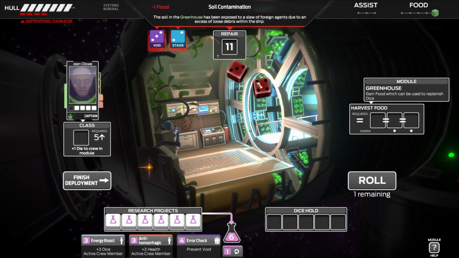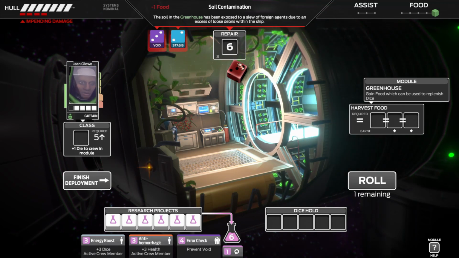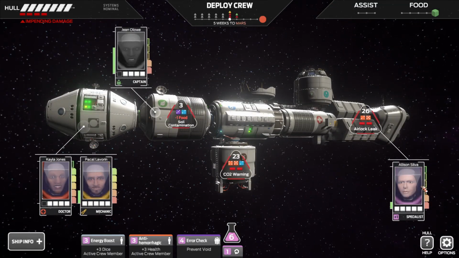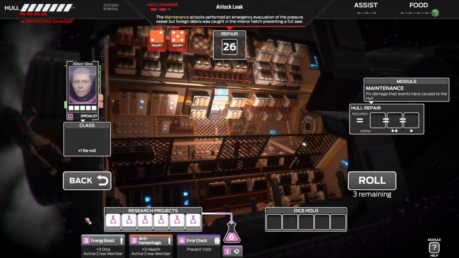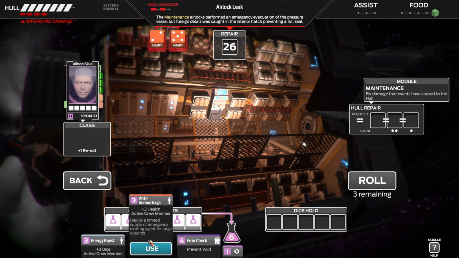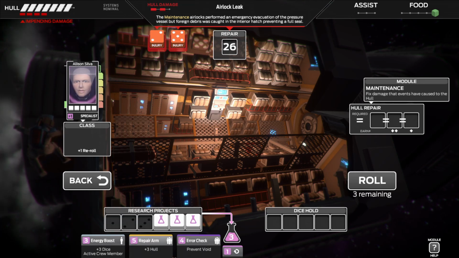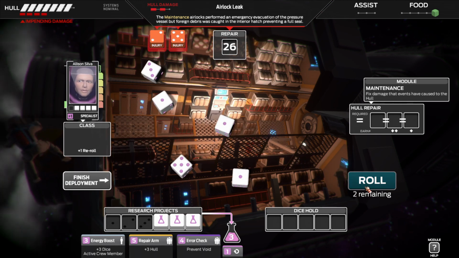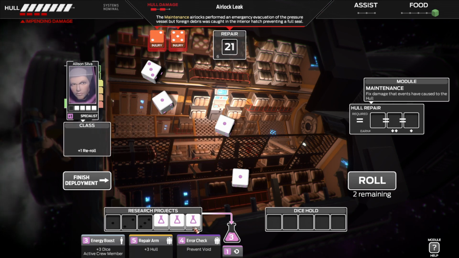Now we're going to need another person to come in here either way at this point. So let's make it easy for them. Alright, let's get Allison working in maintenance. But before we roll, we're going to give her a bunch of extra health here because, well, she needs it. Roll the dice. And we have rolled poorly. So poorly, in fact, I think